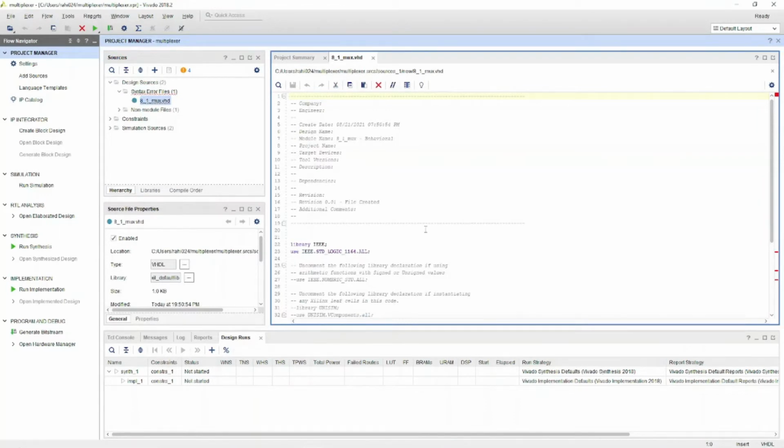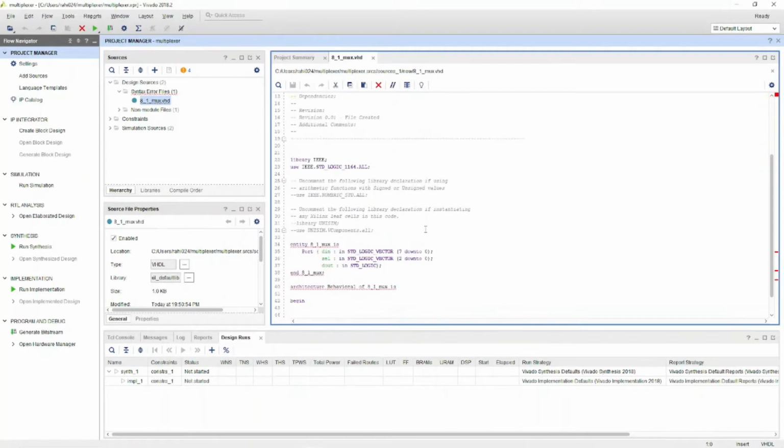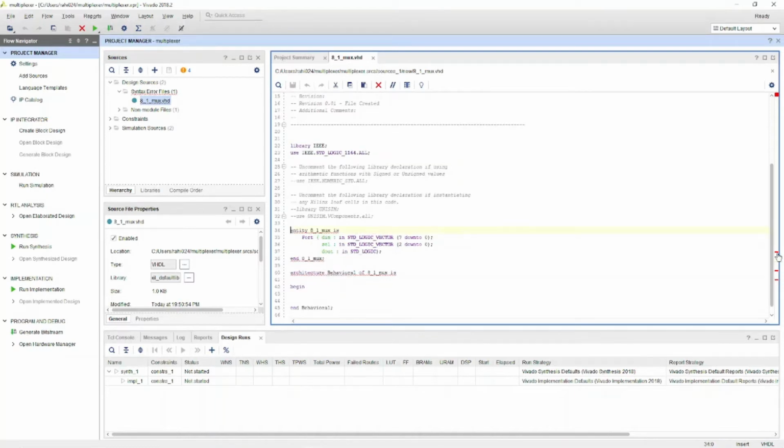Use IEEE standard logic and all. Then again it is giving an error here. So actually it should be an output port. So this was the mistake I did. So D out should be output. Again it's giving an error.